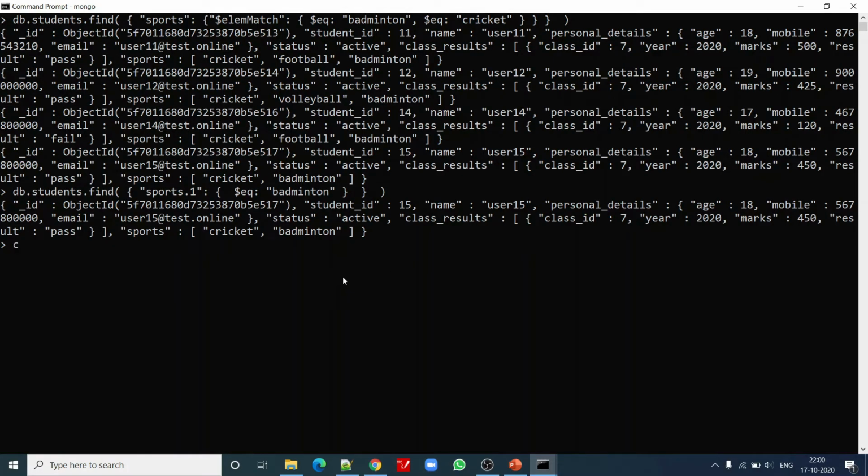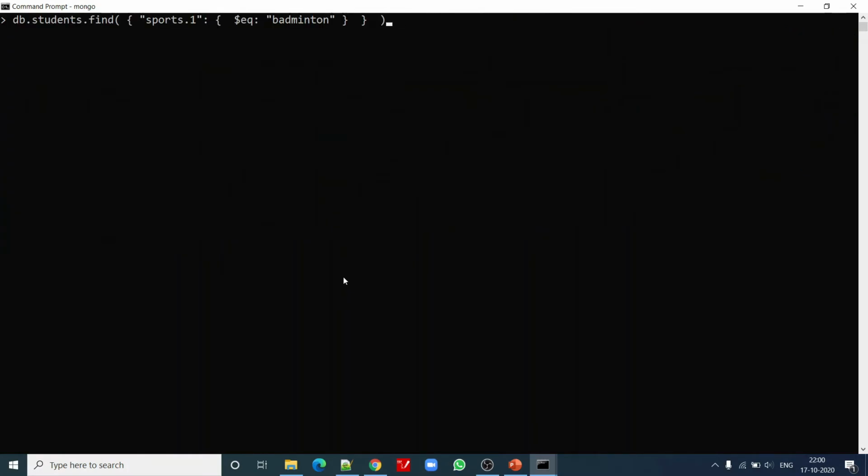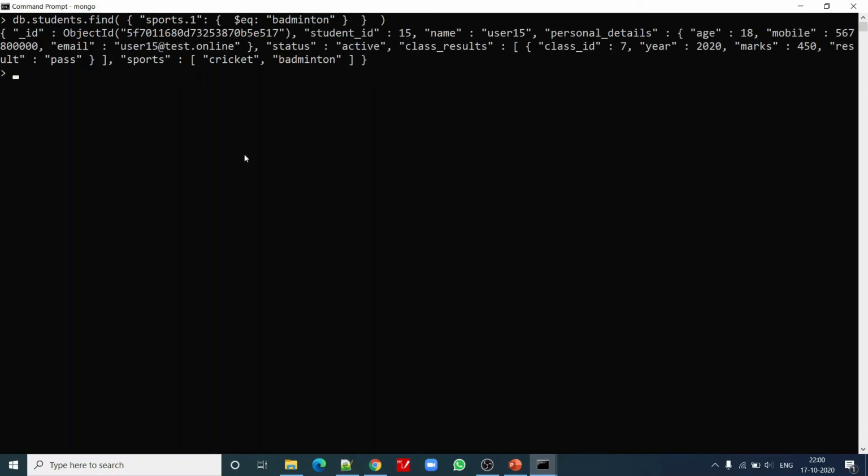Here, if you look at this, we are looking for the students where badminton is present at index 1 of the sports array. Let us see. It has returned sports where badminton is present at the first position, because the array starts at index 0, that's why it is returning.